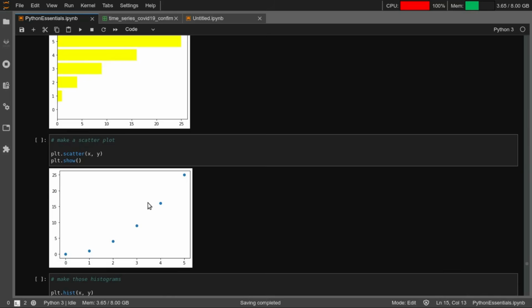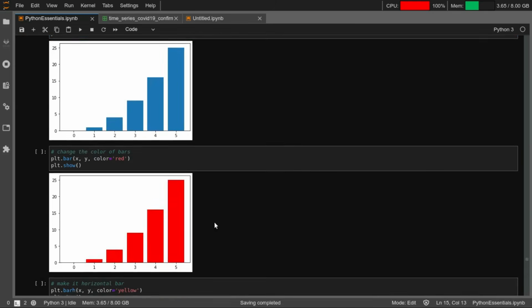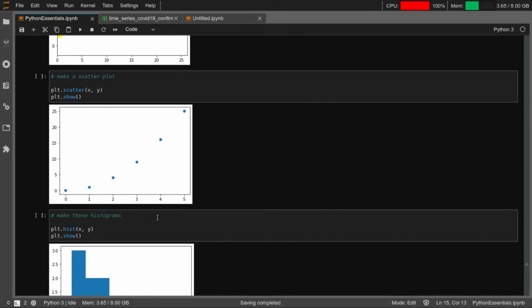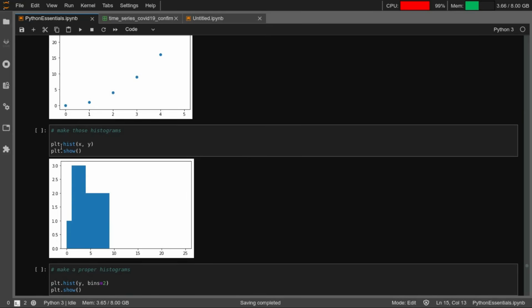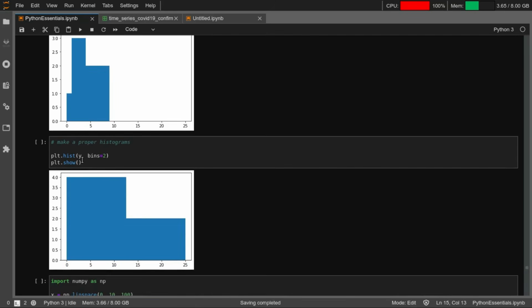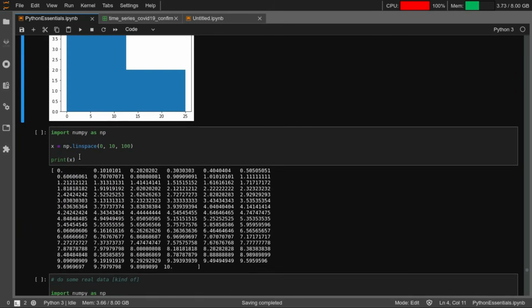Similarly, say you don't want to do a plot. What plot did here was that for each data point it connected it using a line, right? What scatter will do is just scatter all those data points. Then histogram, this is something that we saw earlier when we were discussing pandas, but if you wanted to draw a histogram, you can also do this. You can call hist on the data that you have, and you can specify the number of bins that you would want.